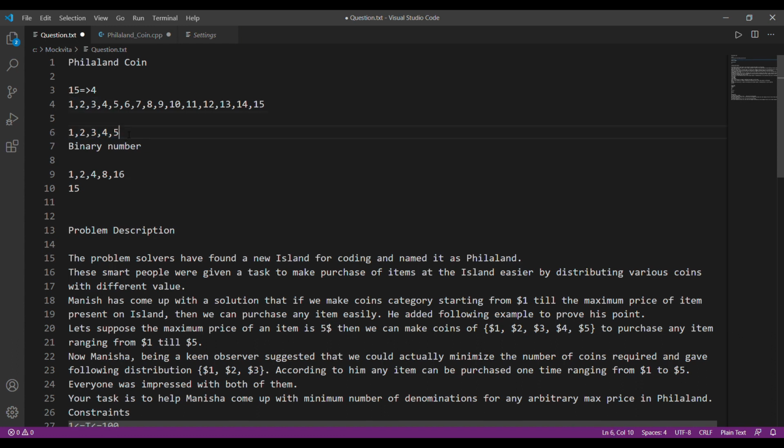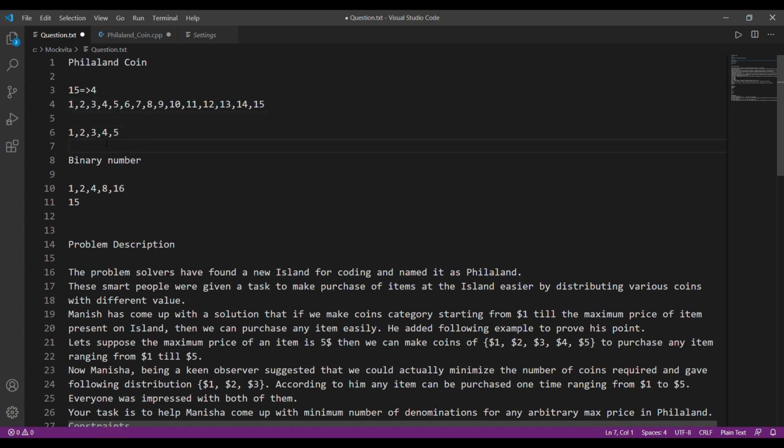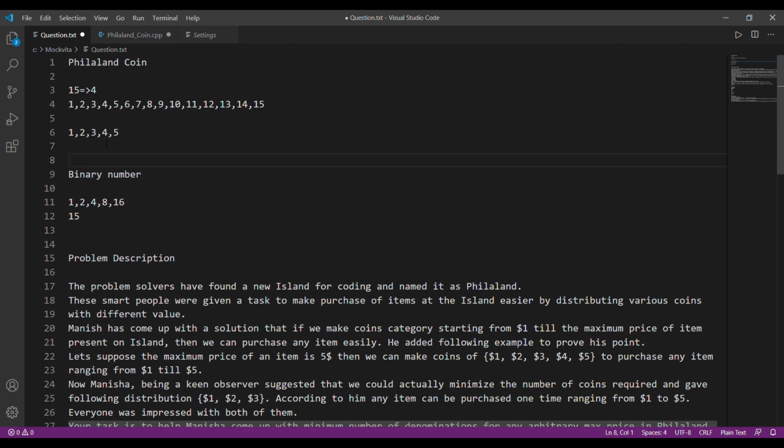Most of the students have used this approach. They used a while loop. They created two variables, sum and count, and they kept on adding these numbers iteratively, from 1 to the number where the sum is less than or equal to n, and they kept on increasing count sequentially. This was the solution that most of us have tried, and with the help of this we were successfully able to solve those public test cases.